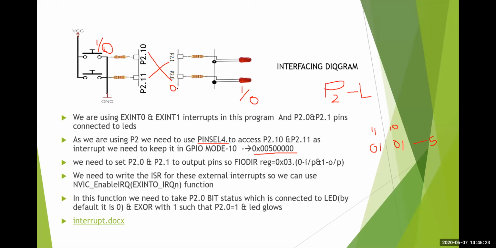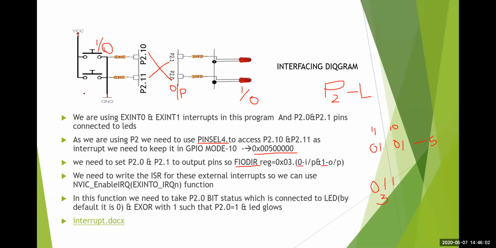In case of GPIO, in order to make a particular port work as an output port, the pin status will be 1. If it is acting as an input port, it will be 0. So what I'm doing is making P2.0 as 1 and P2.1 as 1. Rest of all are 0, so the value is 3. If I'm giving 3 as the value to set the direction of this port as an output, it will act as an output. To set that, I'm using this FIO DIR register, that is fast input output direction with respect to port 2.